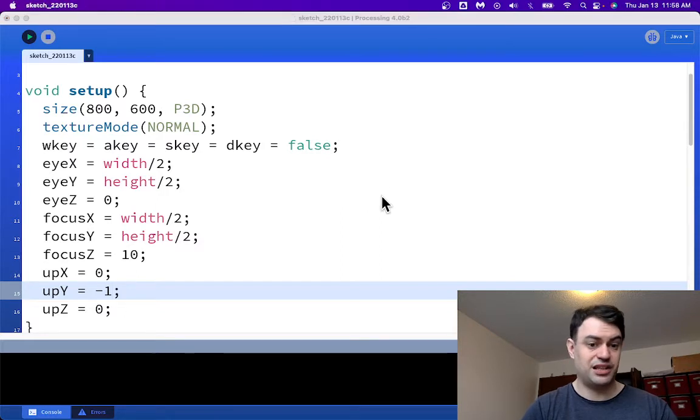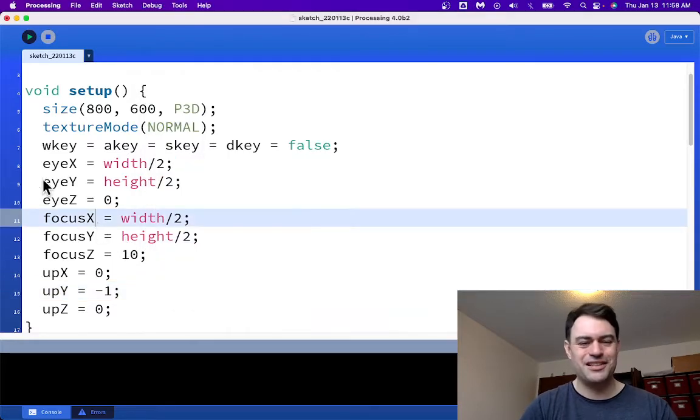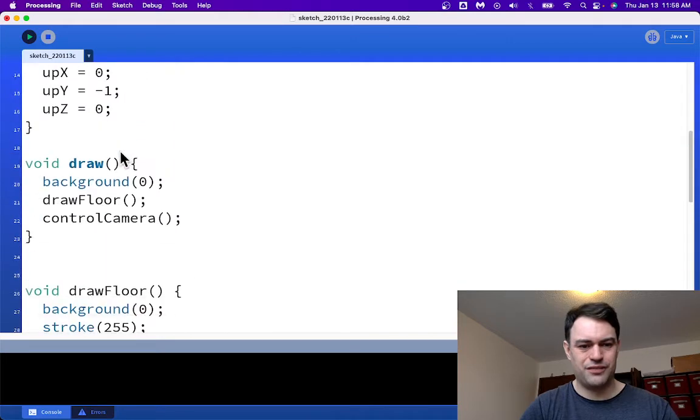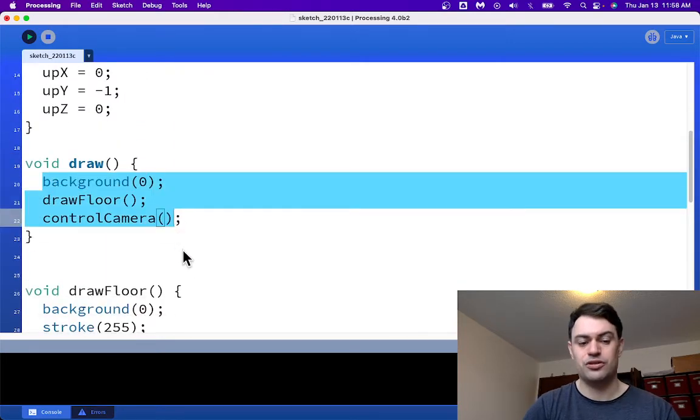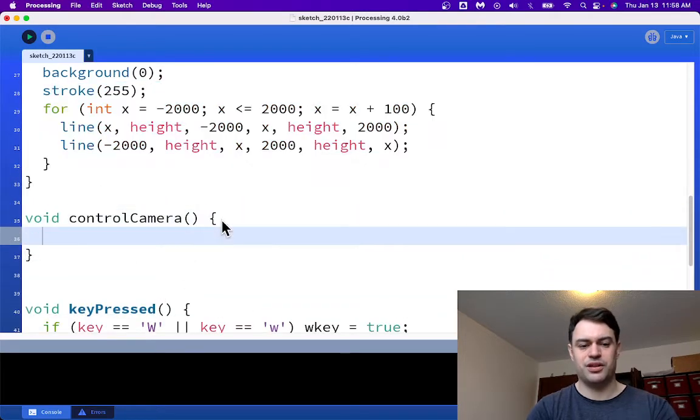Okay, let's see. Do we see basically the same scene? That's what I'm hoping. Hope nothing's really changed. Oh, I guess of course we will. These variables aren't connected to the camera. So let's plug these variables into the camera now. We already have the draw function with draw floor and control camera. We have the floor going, so now let's put those variables into the camera. We'll call the camera function ix, iy, iz,